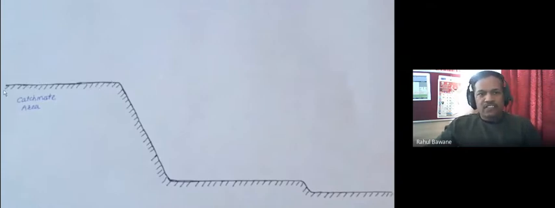So this is the catchment area. If the cursor is visible to you, this is the top hilly area where, if we store water, definitely this water will have large potential energy. Now from this height, if I allow that water to flow down, what happens? That potential energy gets converted into kinetic energy. That means we get a high velocity flow.